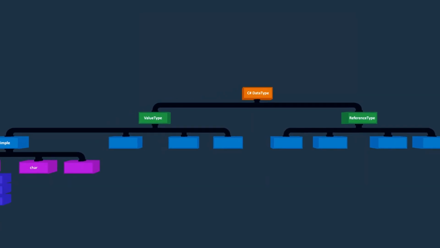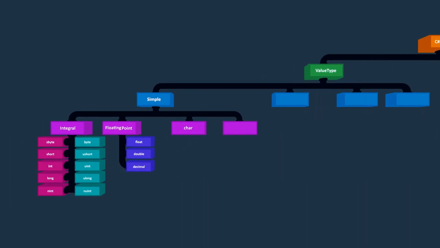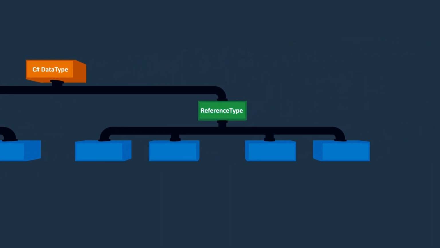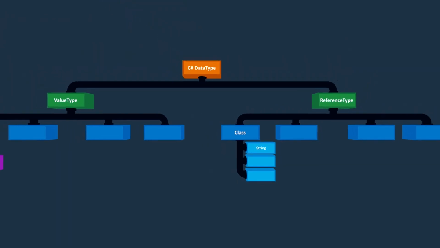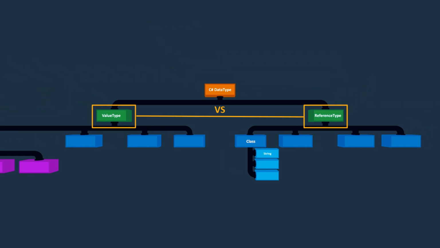Okay, unlike the types we've mentioned so far, which were all value types, strings belong to the reference type category in the data types diagram. This is because strings are instances of the string class, and in C#, all instances created by a class are considered reference types. The reference type section houses various data types, including classes, and the string type falls under this category. In our next lecture, we'll provide an introduction to value types versus reference types.